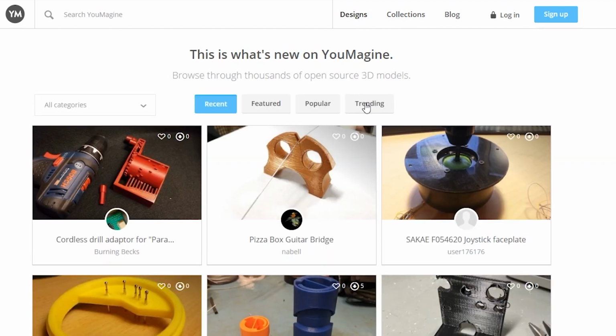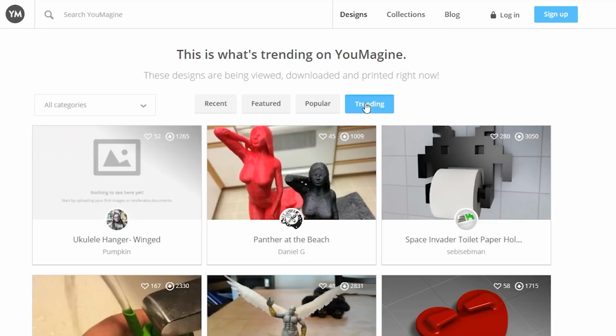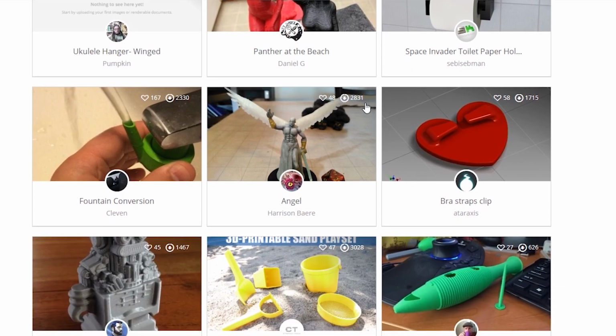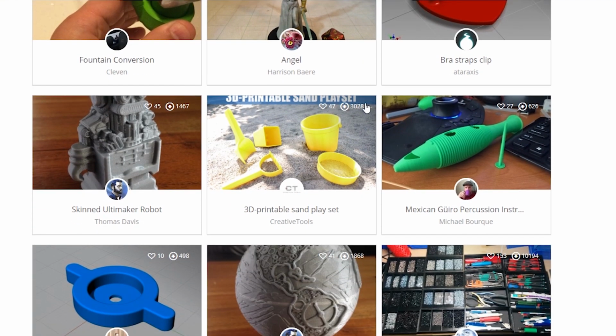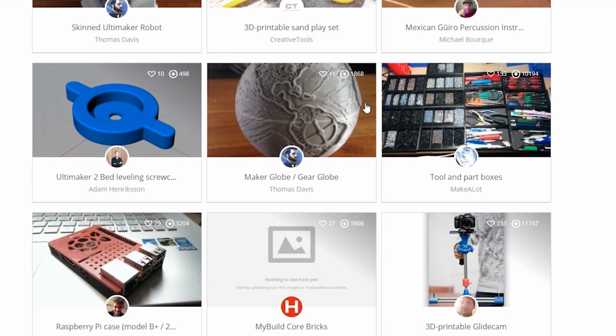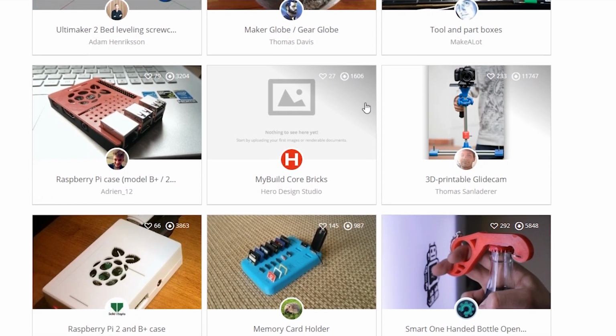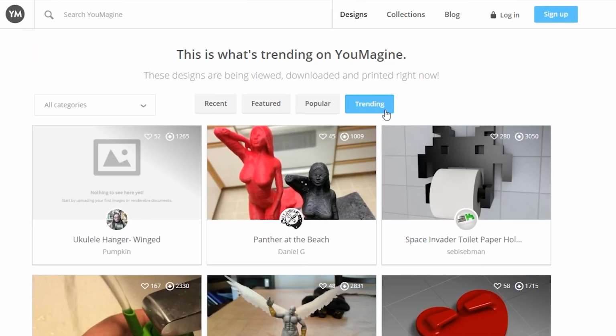So YouImagine was a good way for Cura and Ultimaker to have a whole tool chain where you buy the printer, you have the site, and you have the slicing engine. So it's kind of like the Apple version of 3D printing files. So go over and check out YouImagine and see what kind of files they got that you might like,